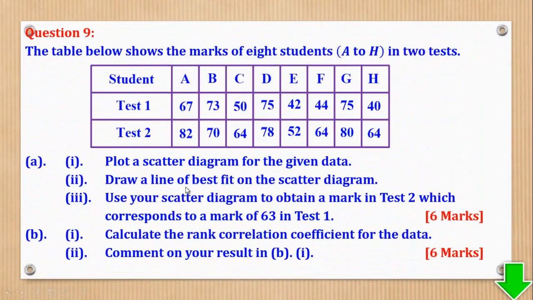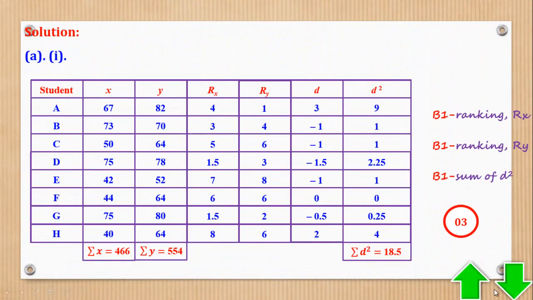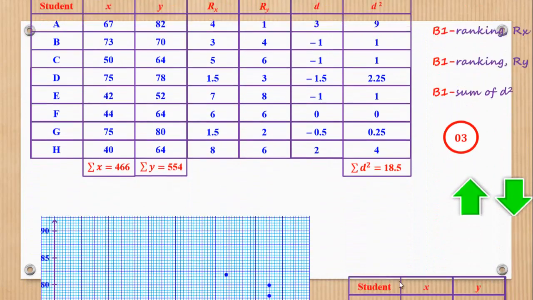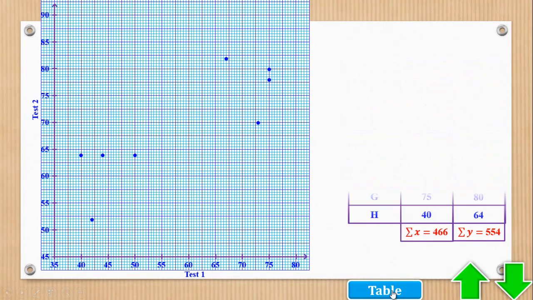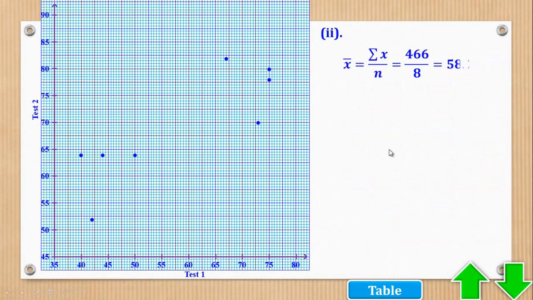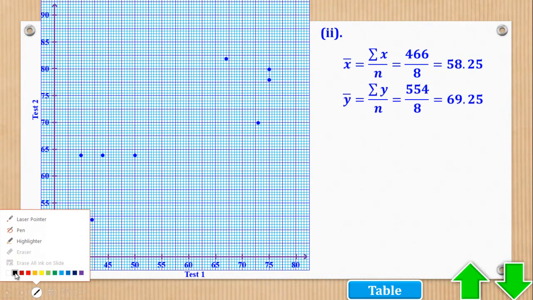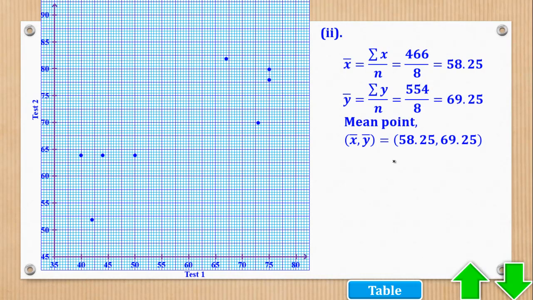The next was to draw a line of best fit on the scatter diagram. For the line of best fit, we need what we call a mean point. The mean point is the average. We have summation x, and what we need to do next is to divide. So summation x over n gives you that to 2 decimal places, because 2 decimal places are the ones which are plottable. Then also y bar, and that would be the mean point. So you come and plot it on the graph, and then draw a line of best fit